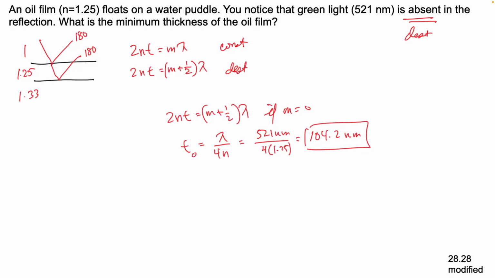So our focus here is for the first one or the second one? Both. You have to be keeping both in mind. The index in that equation is the index of the film, and the wavelength is the incident wavelength, whatever the wavelength was in whatever material it was in. So if it went from glass to oil to water, you'd use the wavelength in glass in this equation, because they would have to give you the wavelength in the glass. It's incident wavelength and index of the material.